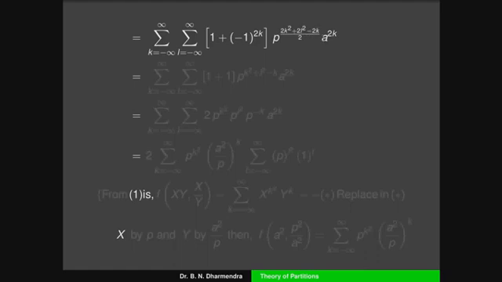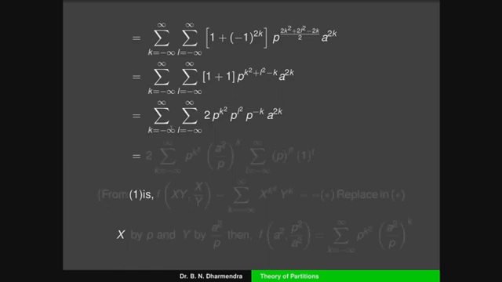Here also, into a to the power of 2k, that is equal to summation k running from minus infinity to plus infinity, and the second one running from minus infinity to plus infinity, 1 plus 1, because of p to the power of k square plus l square minus k into a to the power of 2k. Here we have to separate the k and l terms, and also the terms of p. We can split it as p to the power of k square, p to the power of l square, and p to the power of minus k into a to the power of 2k. And 1 plus 1 is 2.